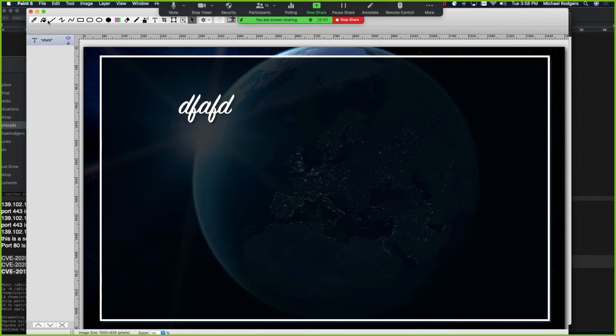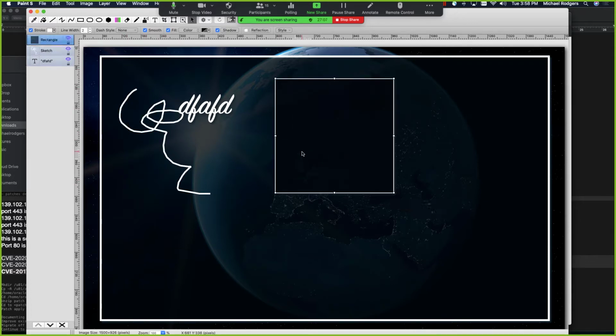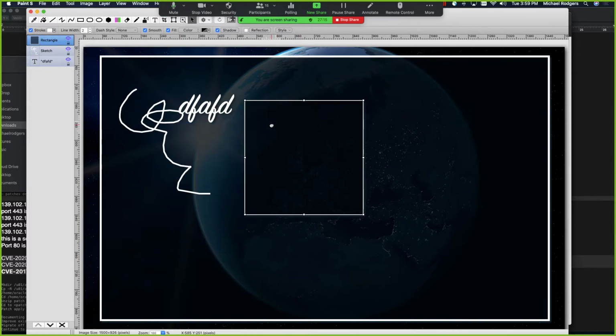The other thing you've got is a drawing tool. You can do different squares. You can adjust the color. Tons and tons of things you can do here. Paint is really good if you have multiple images you want to overlay, and of course it keeps track of those here